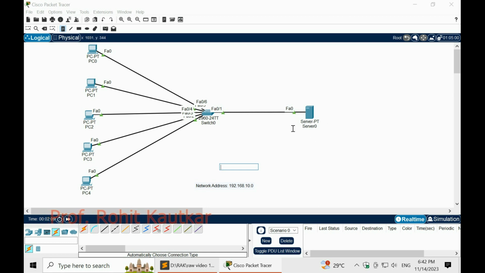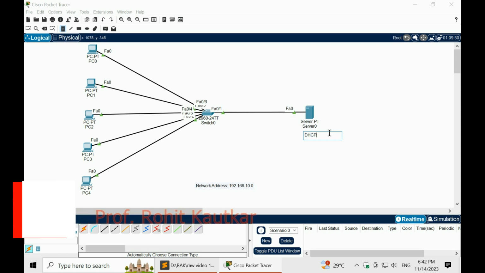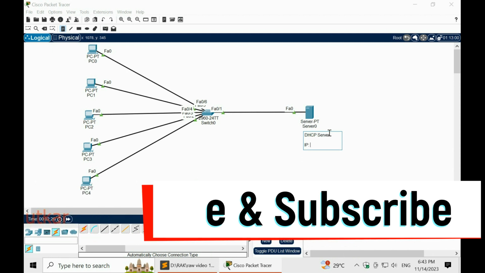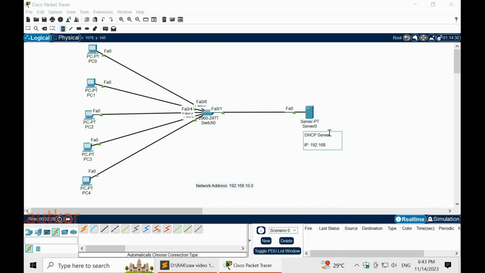Now for this server, first of all we will give it a name, DHCP server, and let's assume its IP address is 192.168.10.10. And for the interface connecting with this switch, we will specify the IP address 192.168.10.1.